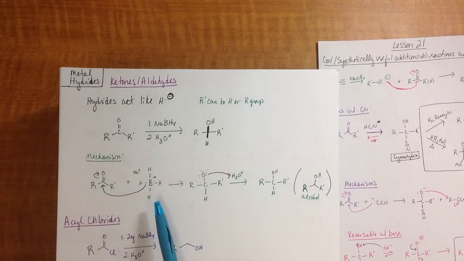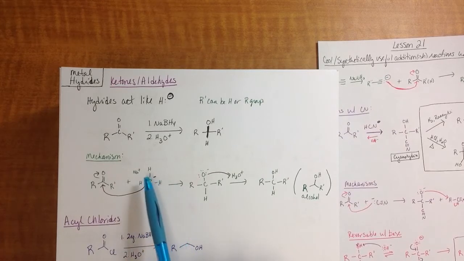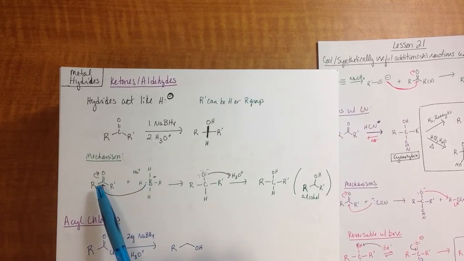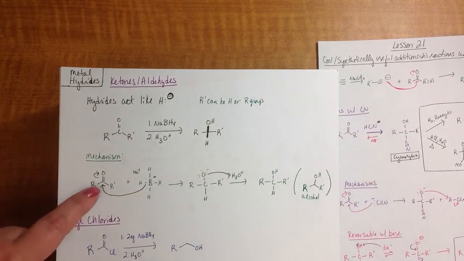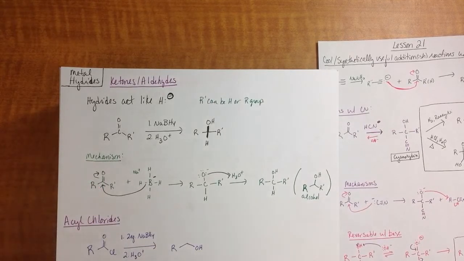So here's the mechanism. We've got Na positive, BH4 negative. Notice how I'm writing that so that this is the part that's reacting here. That hydrogen attacks like any other nucleophile would. It goes to the carbon with the positive charge. Electrons go up, and you end up with this